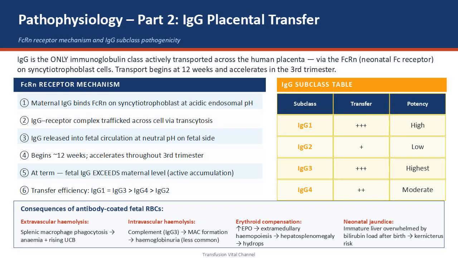This requires energy and is saturable. Even low maternal antibody titers can cause significant fetal harm, especially with the high affinity IgG3. HDFN worsens in the third trimester as FcRn transport increases. If we talk about the subclasses, IgG1, the most common class of anti-D and anti-K, is efficiently transferred and hemolytically potent, whereas IgG3 has high hemolytic potency but a short life. IgG2 is poorly transferred and has low potency, and IgG4 has moderate transfer but low potency and may cause less